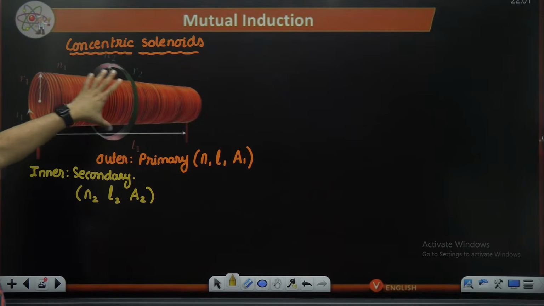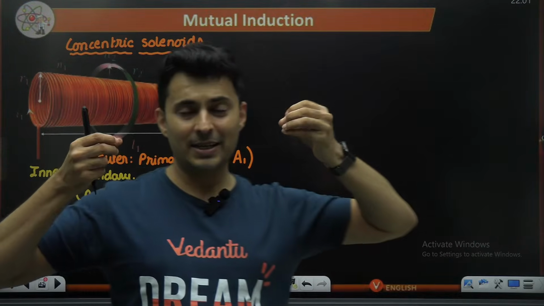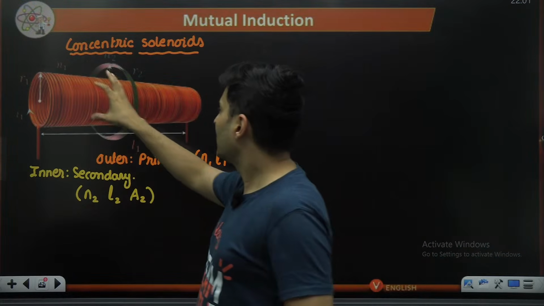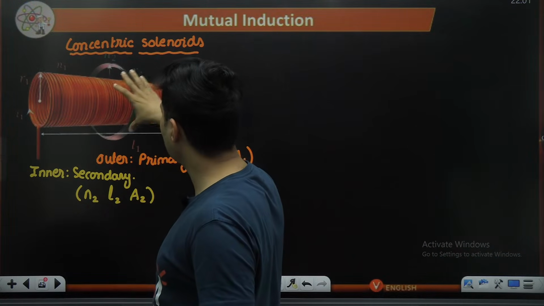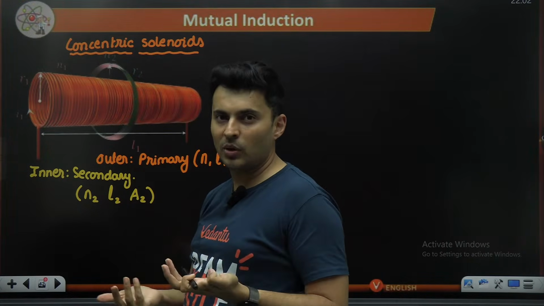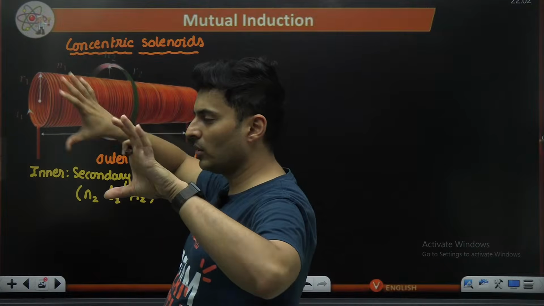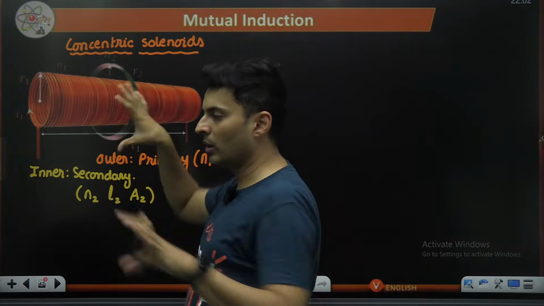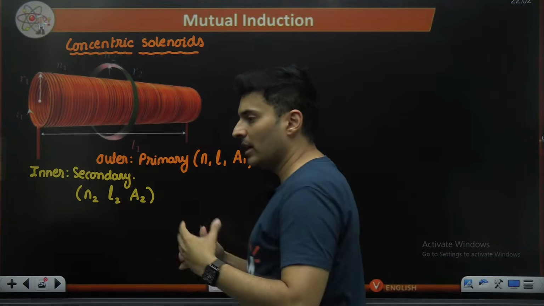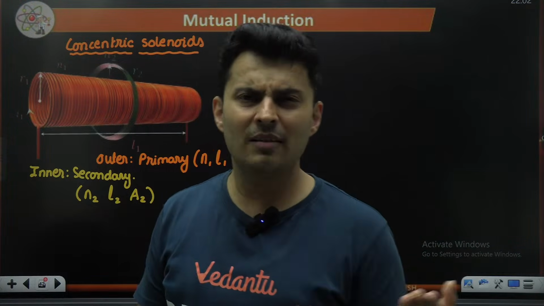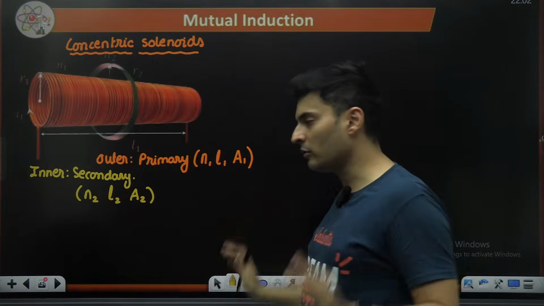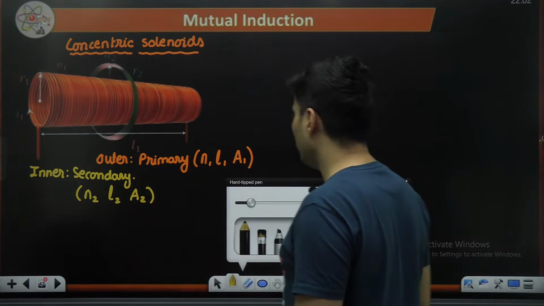Now ignore the actual diagram, because it feels like the inner solenoid is coming out of the outer solenoid, and if you look at it closely, then you will realize the field lines will become non-uniform, which shouldn't be the case; it becomes very complex. So we will assume that the outer solenoid, the primary one, is long enough. I have not shown it here, but just imagine it is long enough. They are both long solenoids. Anyway, we don't study short solenoids, we always study long solenoids. So the field lines are uniform as such. So what will we do now?